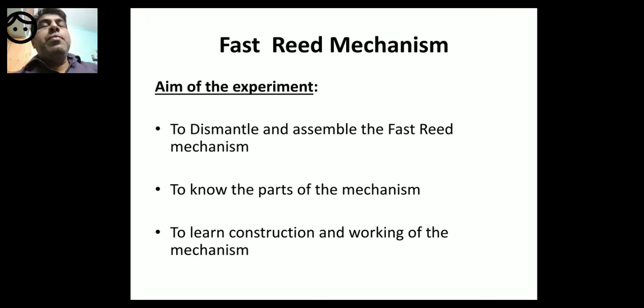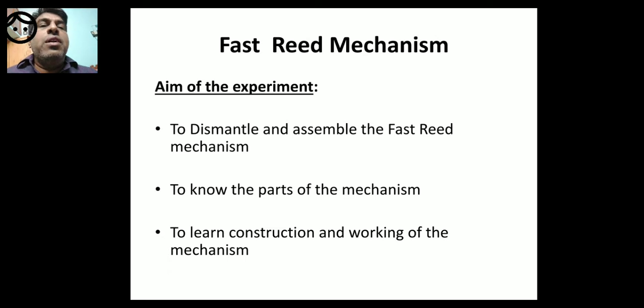So what are the secondary mechanisms? Let off mechanism and take up mechanism. Both of them are known as secondary mechanisms. So in the secondary mechanisms, let off and take up mechanism, let off is known as negative let off mechanism, and we have seen positive let off mechanism also.